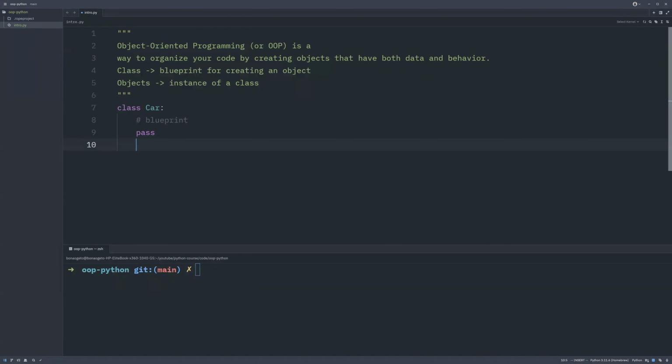So a class is like a blueprint of a house, and you can use the blueprint to build many houses. And in this context, you can use the blueprint to build many objects, because again, the class is a blueprint for creating an object. When it comes to